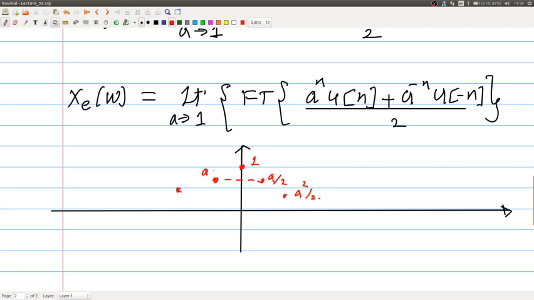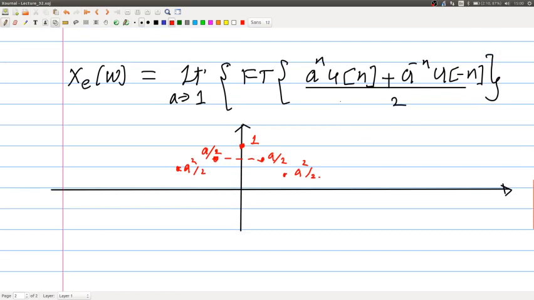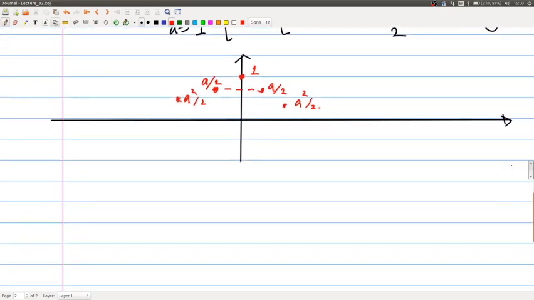Here also you would get a by 2, here you would get a square by 2, and so on, right? So I can write this signal in the familiar form as